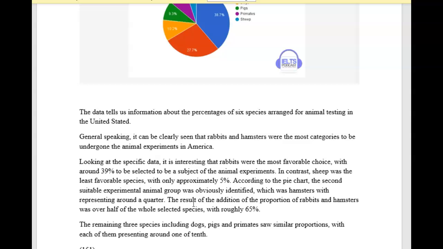I want to finish the rest of this. The remaining 3 species, including dogs, pigs, and primates, saw similar proportions, with each of them representing around 1/10. Get rid of this here. Okay, so